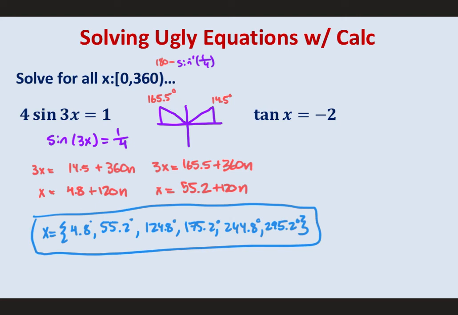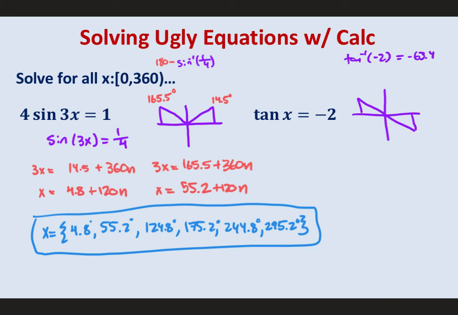So we have tangent of x equals -2. All right, well, tangent will be negative in these 2 quadrants. So it's going to give me a reference angle. And just remember, when we plug in our calculator, tangent goes quadrant 1 and 4. So it's going to give me this reference angle as a negative, which I'll have to add to 360. So in my calculator, I do the inverse tangent of -2, and it spits out